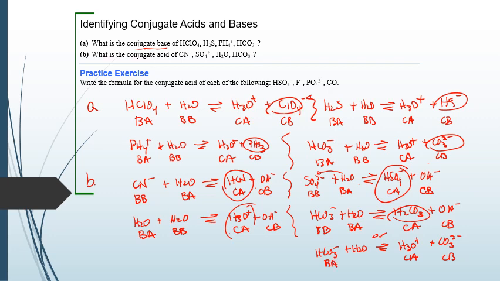And in that case, this would be a Bronsted acid and a Bronsted base. So we'll talk more about the substances that can act as an acid and a base in just a few minutes. The last question,